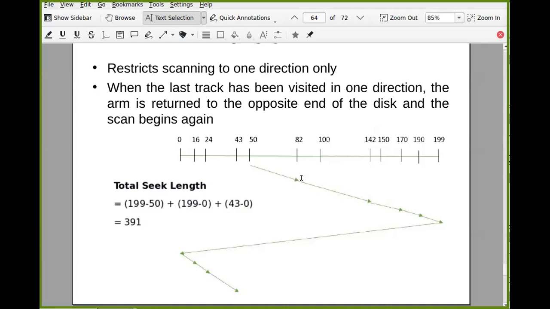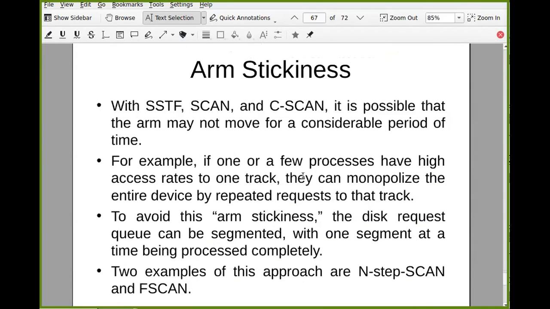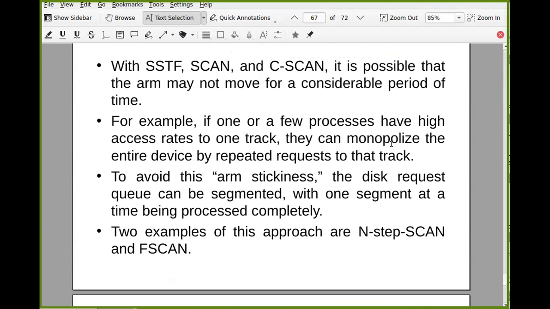So it is possible that your arm is not going to move in any direction and will be stuck here because requests keep coming for this particular track. The same thing is possible with SSTF, look, C-SCAN, everything. It is going to monopolize the entire device by repeated requests to that track. This is called arm stickiness, because now your arm is not moving.